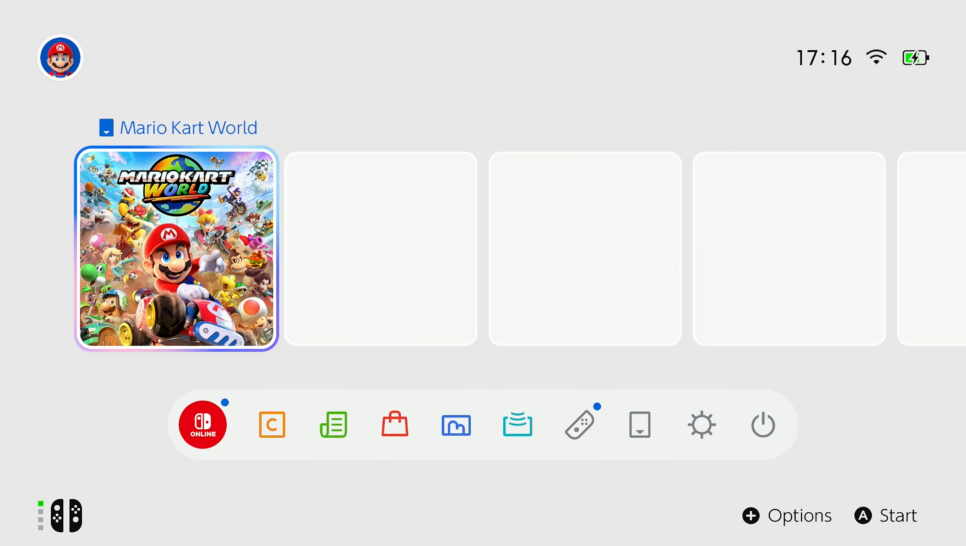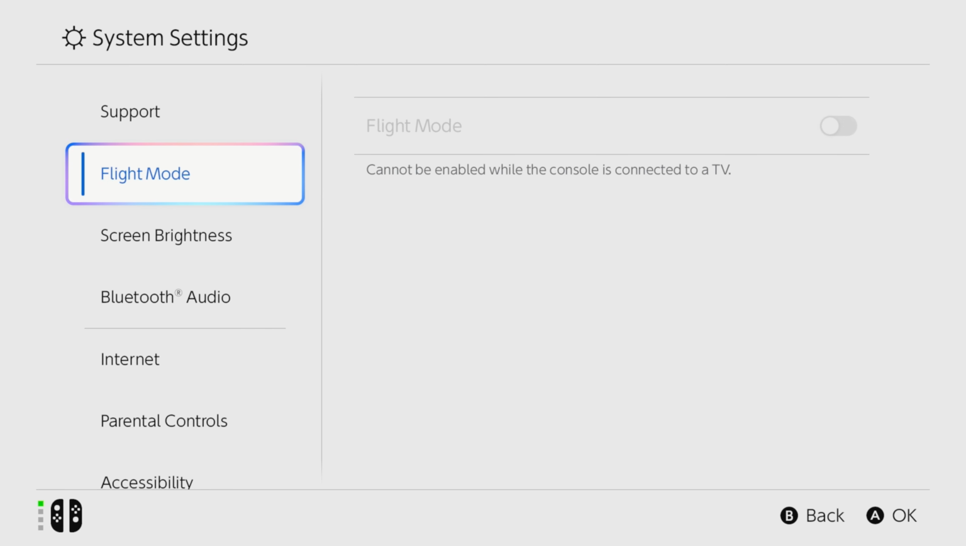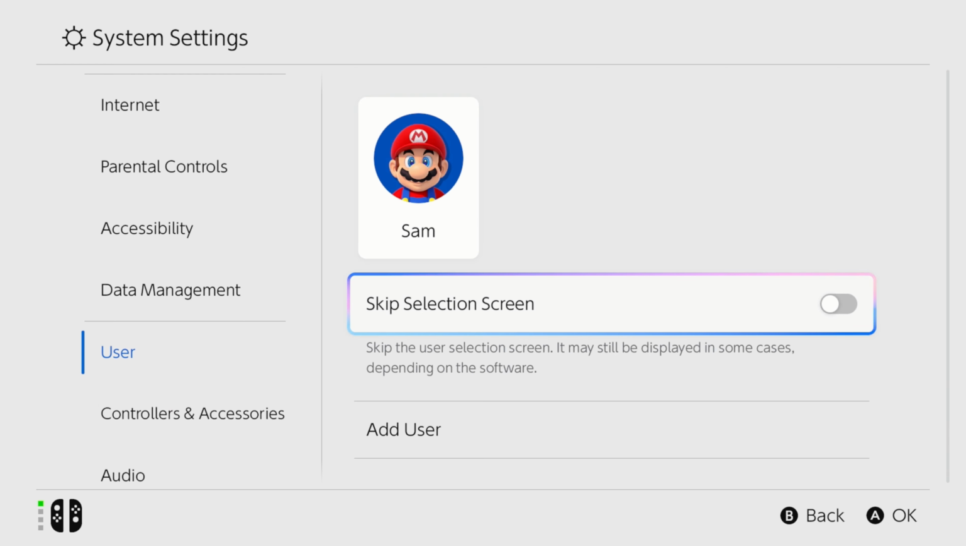On the Switch 2 home screen, head to the System Settings app, and then scroll down until you are in the section called User. Within here, there should be an option to skip the user selection screen, which you can turn on. This will only appear if you have one user on your Switch 2, so you would need to